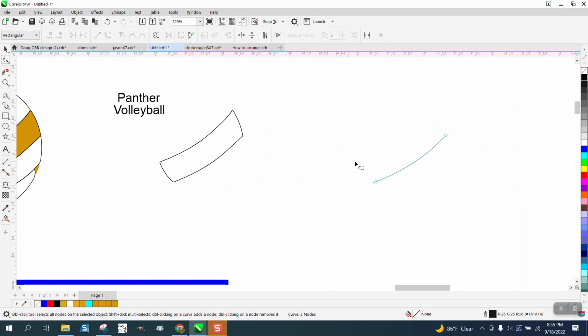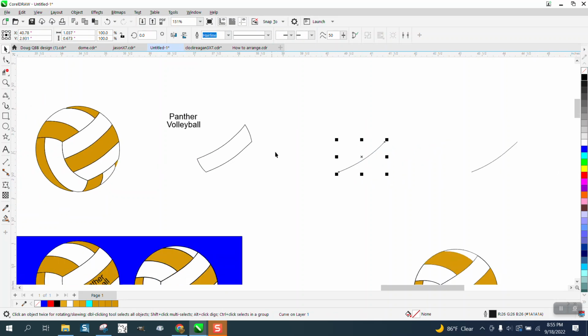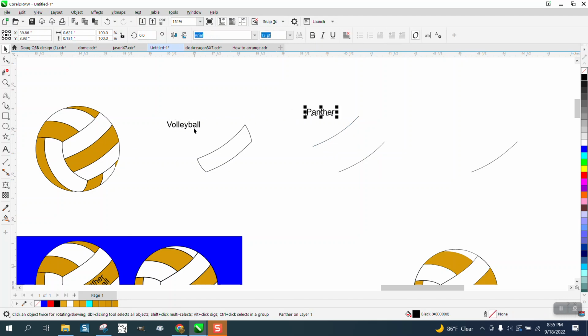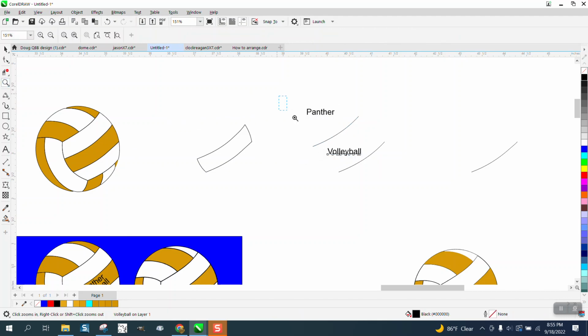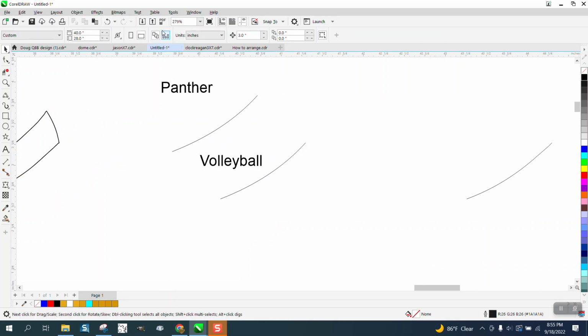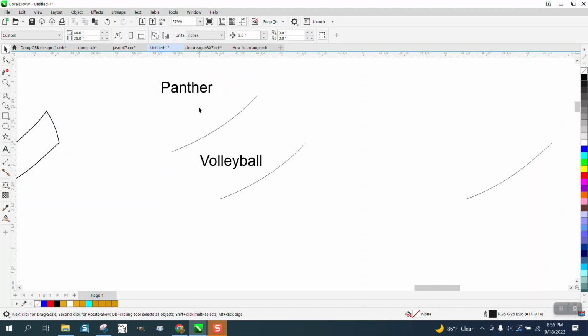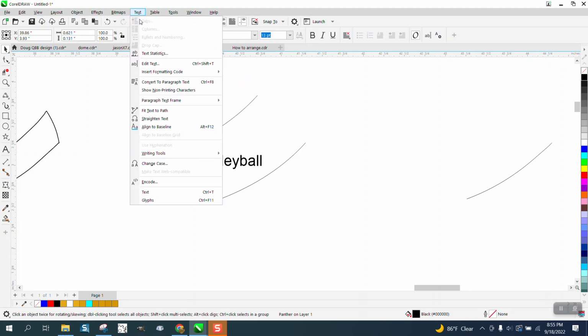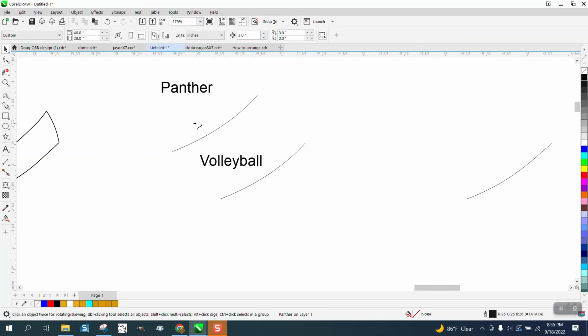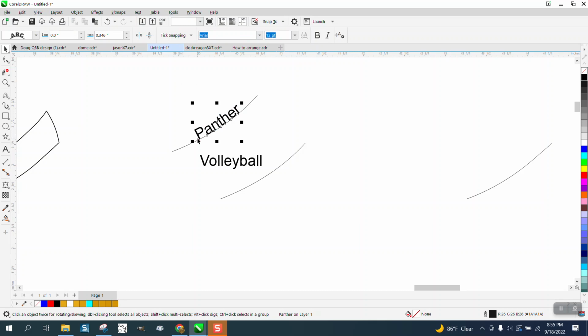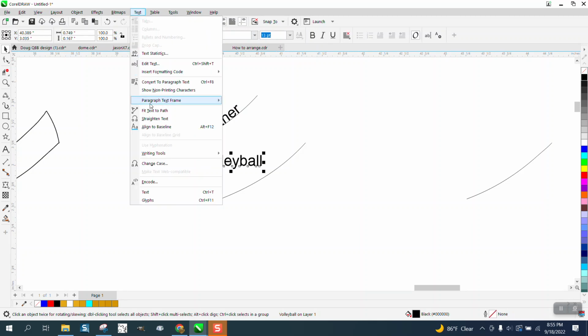I'm going to take, see how I grab the shape tool and it's going right to left. We need to right click it and make it go left to right. And then we can make a duplicate of that. I'm not going to worry about nudging it because I'm going to have to hand place it in there anyway. And then we're just going to text the path these two words. So grab the Panther, go up to text. Text the path, put it in there, doesn't really matter, put it on that line, grab that, text the path,